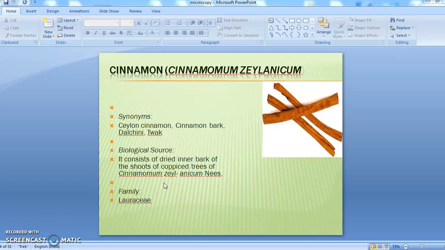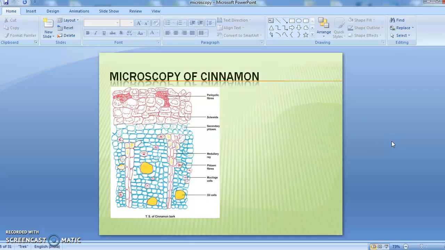Now we see the microscopical parts of the bark. The outermost layer of the bark is called the cork, which is a tough layer. Inside the cork, the two important parts are the phellogen and phelloderm. After the cork, inside, the pericyclic fibers are present, or it is called the periderm. This periderm is made up of different layers,